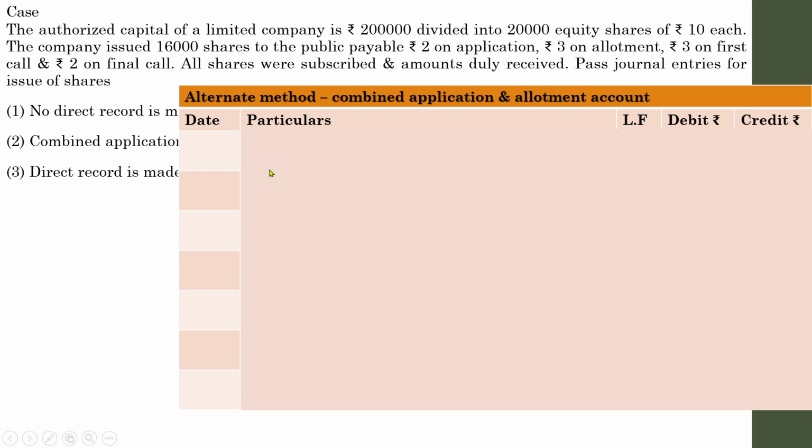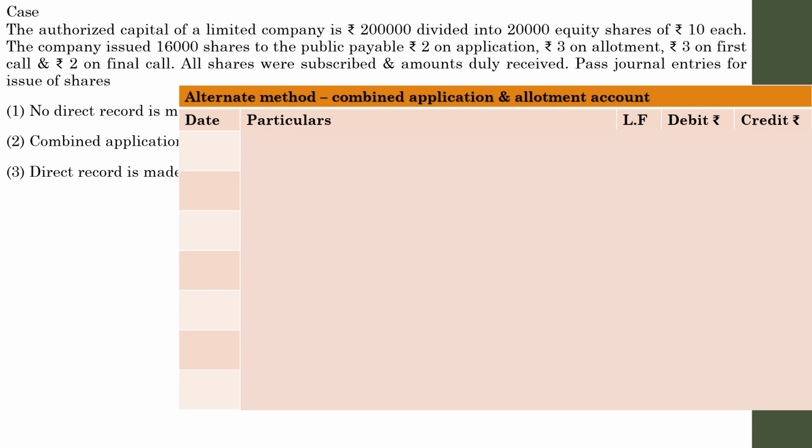So we are going to pass the respective journal entries which we have passed right now, but with slight changes. So how are we going to deal with that? We will write down the share allotment and application entries together. That is, with regard to every journal entry, every case, whether it is an application or allotment, we will have two entries. One is a due entry and the other is a payment entry.